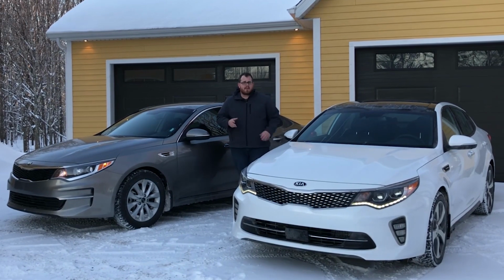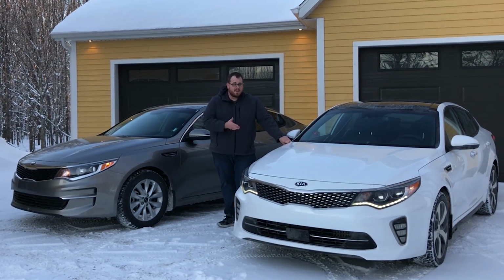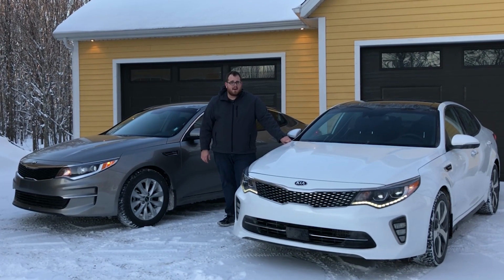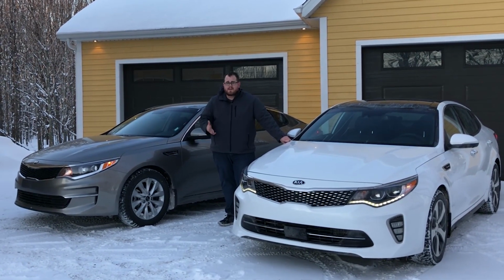As you know, here at Test Drive, we like to do things a little differently. That's why we've got two versions of the 2018 Kia Optima for you today. Our spotlight really is on this white one, the 2018 Kia Optima SXL with the turbo engine. However, we do have the 2018 LX Plus in gray to show you kind of what the differences are between